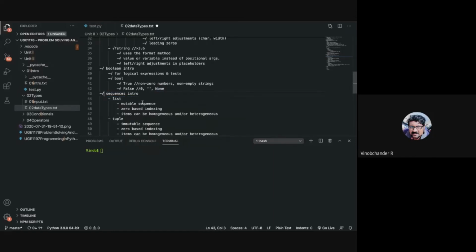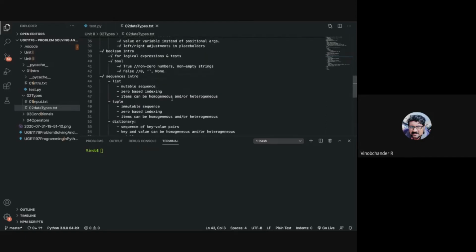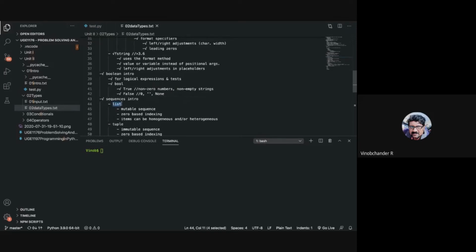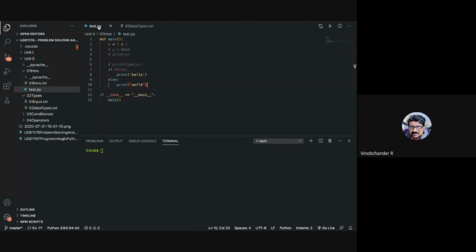Our next understanding in types is list, tuple, dictionary, and range. Let us start with list. So guys, what do you mean by a list? Some of you have used lists in your programs earlier.